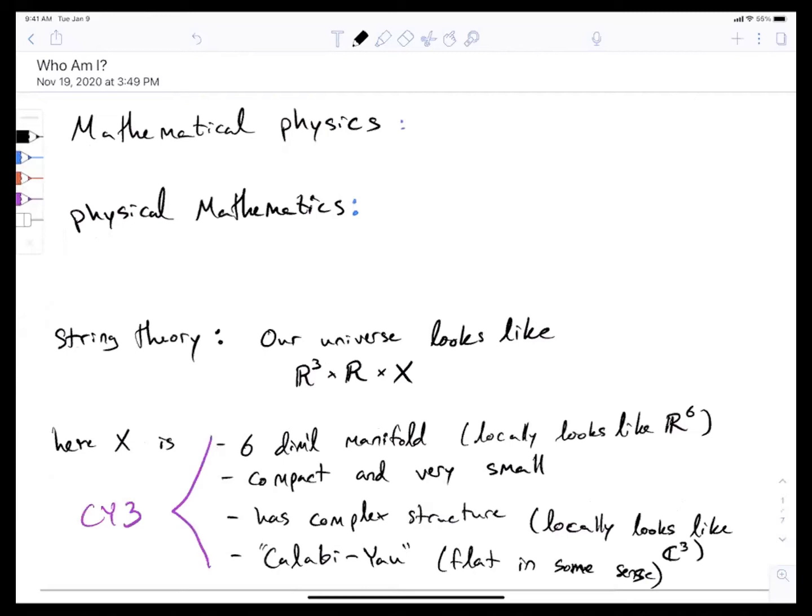Cool. Okay, yeah, so as I mentioned in the questions, a lot of the math I do is inspired by mathematical physics, but in a little different way than people often use that term. The way I usually think of mathematical physics is applying math. It's applied math in a lot of ways to solve problems coming from physics.